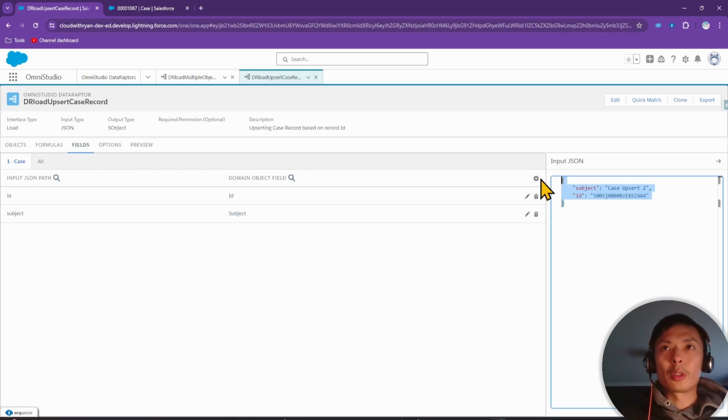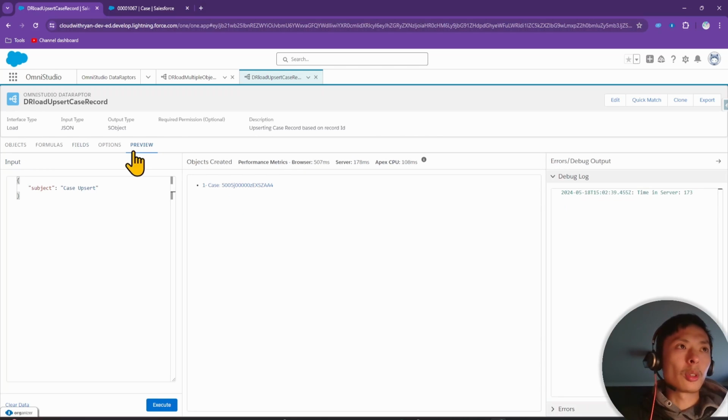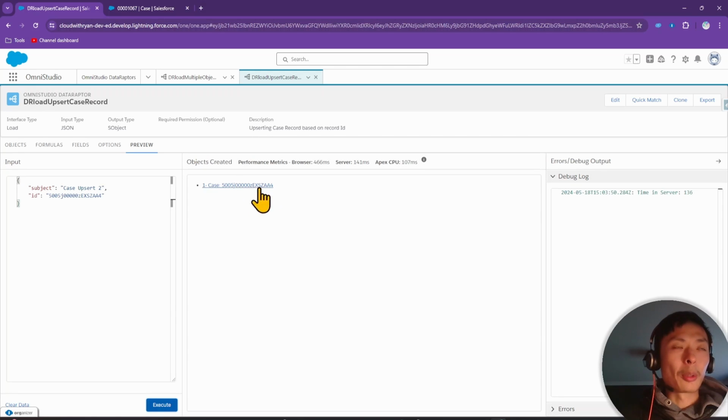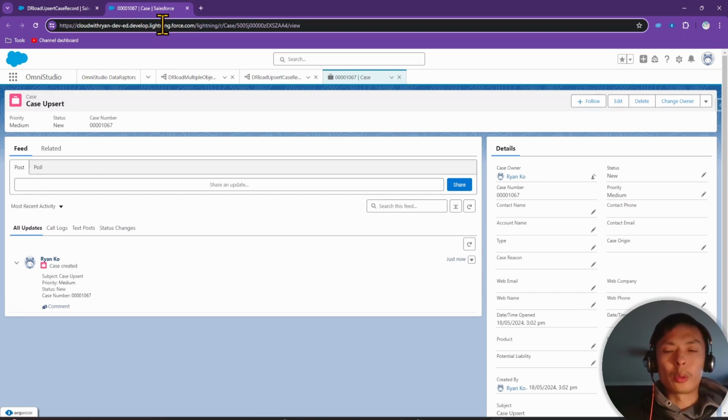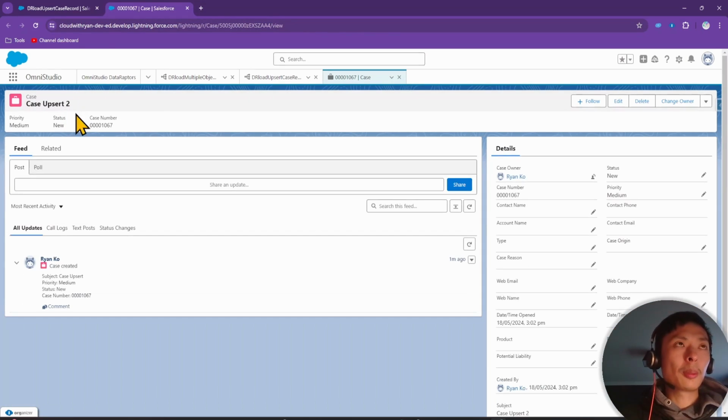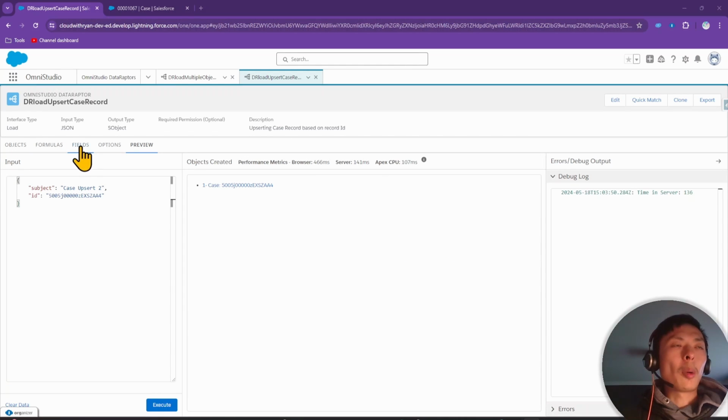Oh, actually, we'll need to remember to include this into our test input JSON. The ID should stay the same. And yet it stayed the same. So if we just refresh this record, we should see a number being appended to the end. So coming back to here,